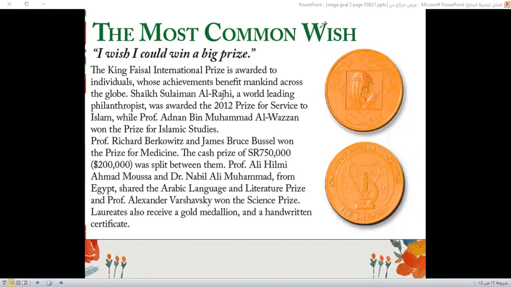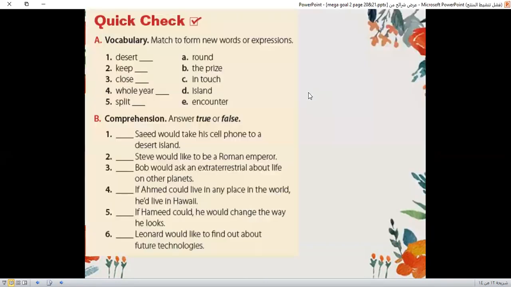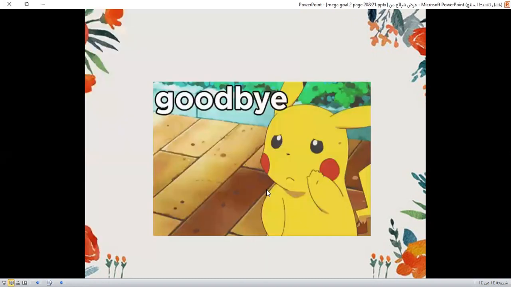Okay, so we have to stop here. Next time, inshallah, I need you to do that. It's not going to be your homework, but do it so you can participate. You have here to match the words with the expressions, and here you have true or false. We're going to do them tomorrow, inshallah. Do you have any question, Ola? No, thank you, teacher.